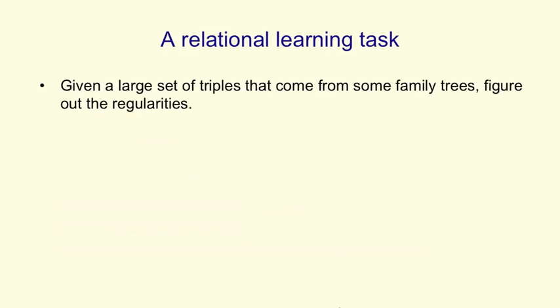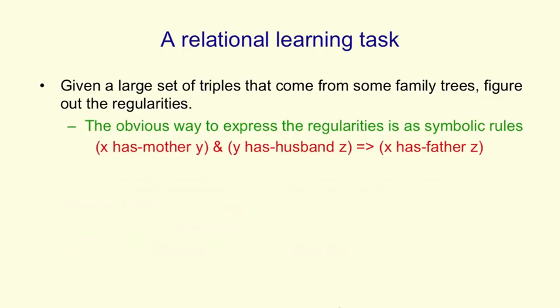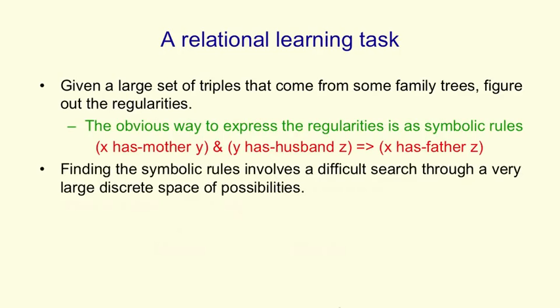So the relational learning task, that is, the task of learning the information in those family trees, can be viewed as figuring out the regularities in a large set of triples that express the information in those trees. Now, the obvious way to express the regularities is as symbolic rules. For example, X has mother Y and Y has husband Z implies X has father Z. We could search for such rules, but this would involve a search through quite a large space, a combinatorially large space,